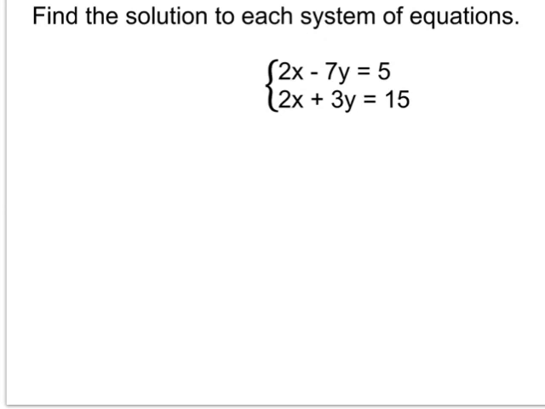All right, and then for this, doing the second one, there's lots of different ways that people approach this one in terms of which variable they choose to eliminate. So far, whenever we've seen a positive and a negative y, we've tended to cancel those out. And that would work here. You could multiply the top one by 3 and the bottom one by 7, and you'd be able to cancel